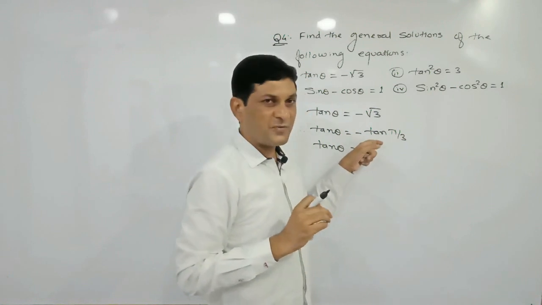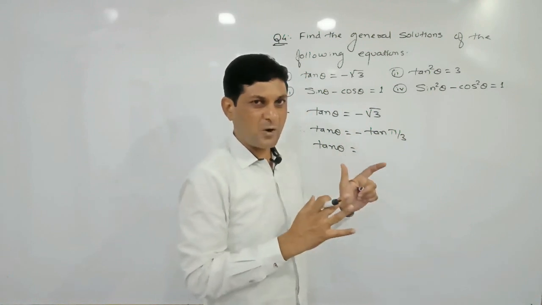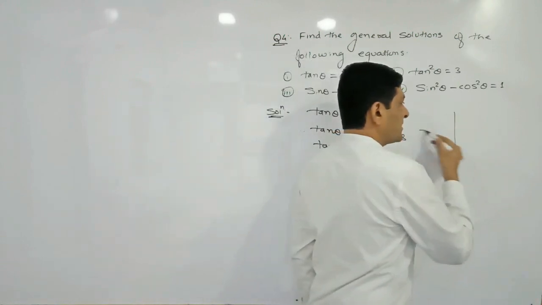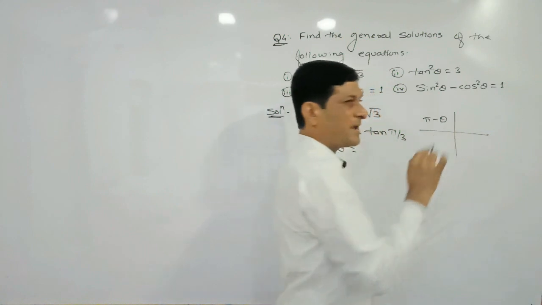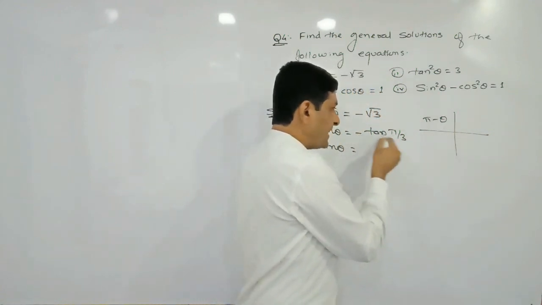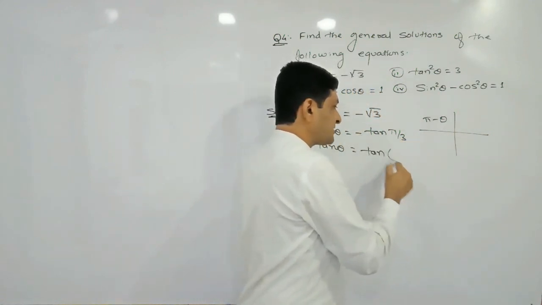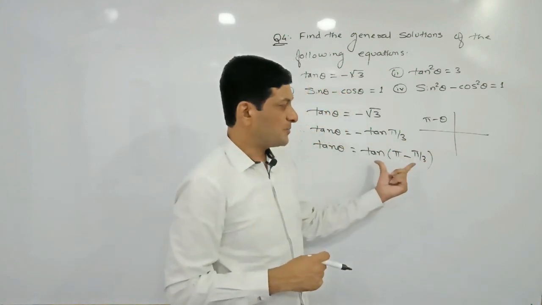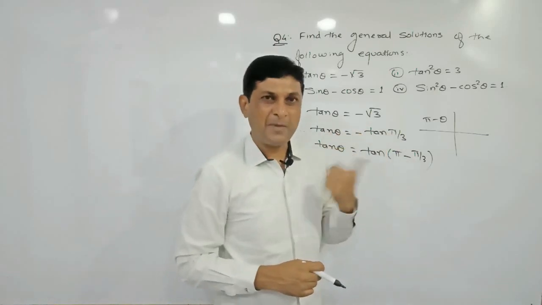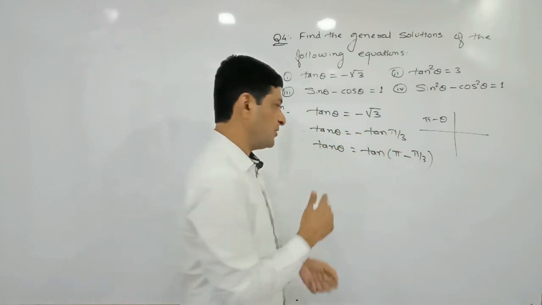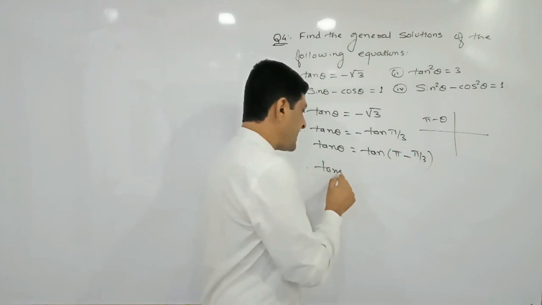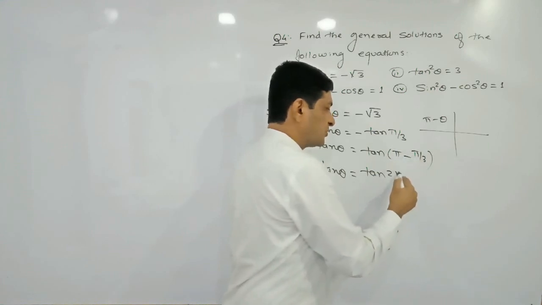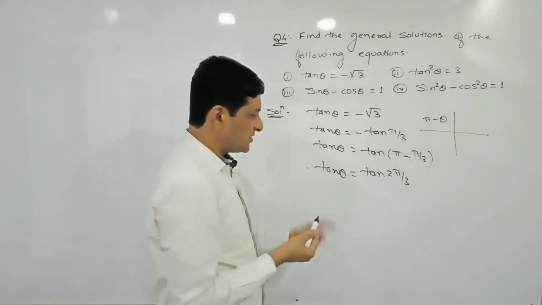So let us try to find the general solution from the second quadrant. We are giving priority to the second quadrant. According to our result, we know that the second quadrant means what? Pi minus theta. So here minus tan theta can be written as tan of pi minus theta. What is the value of theta here? Pi by 3. Again observe, tan of pi minus theta can be replaced by minus tan theta according to the allied angle formula. So therefore keep this tan theta as it is. On this side let us simplify it. Pi minus pi by 3 will be equal to 2 pi by 3. Now this expression is in the form of which formula?